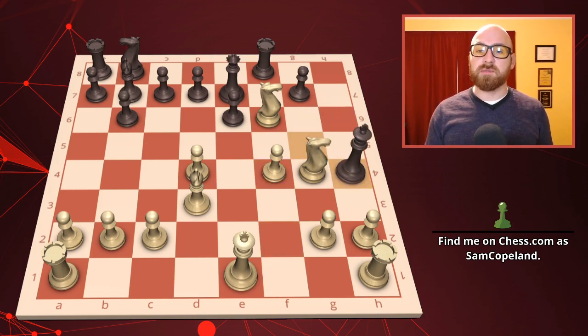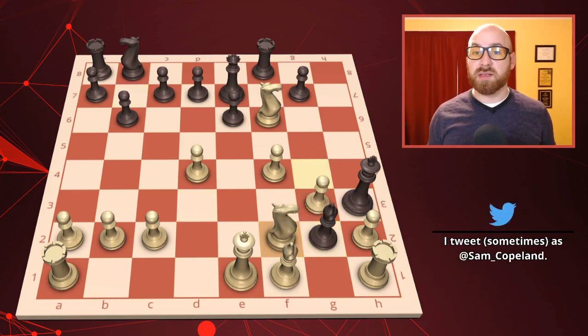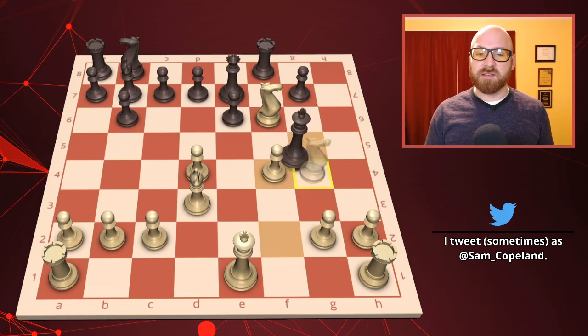If the king chooses to exit the check from f4 by running this way, we have g3 check. The king steps up here. And this is a really nice checkmate. We check here, which forces black to block the check and allows knight to f2. If we had checked with the knight first, the king could have gone to this square. So by throwing in the bishop check, we force the bishop to step in the king's way. Beautiful checkmate here.